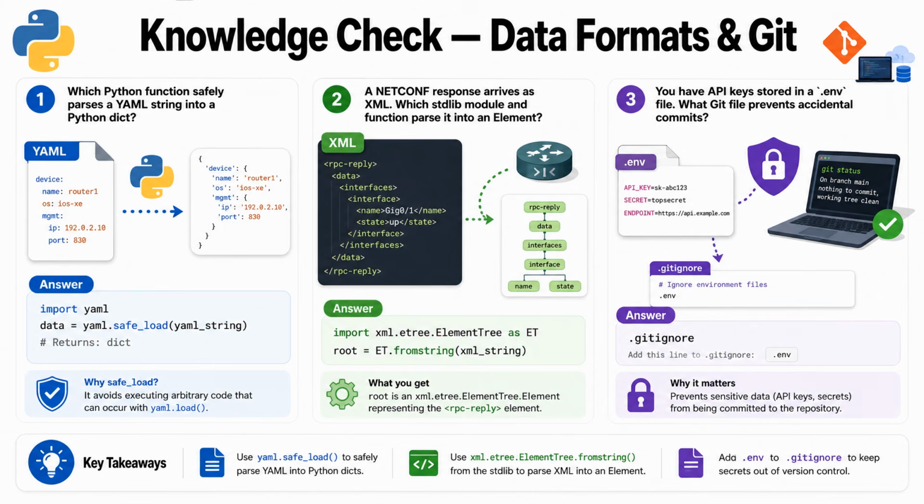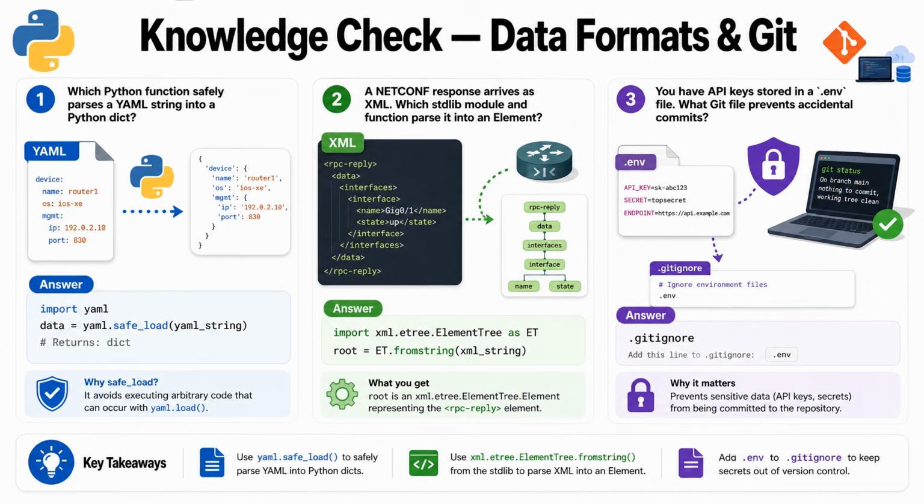Second question, a NETCONF response arrives as XML. Which standard library module and which function do you use to parse it into an element object? You import xml.etree.ElementTree, aliased as ET by convention, from Python's standard library, and you call ET.fromstring